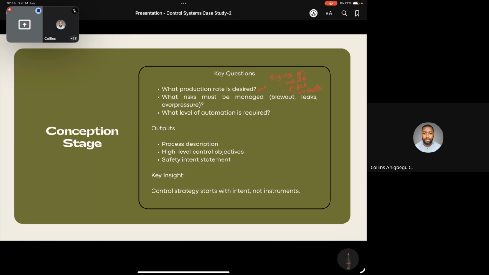The same question applies to a conveyor system. How many products do you want this conveyor to deliver per minute? Right? I've worked on a conveyor system in this country that churns out product worth 50 million naira, I think, per hour. Is it per hour or per day? Yeah, I think per day. That particular line churns out product worth 50 million naira per day. And you, as a control system engineer,